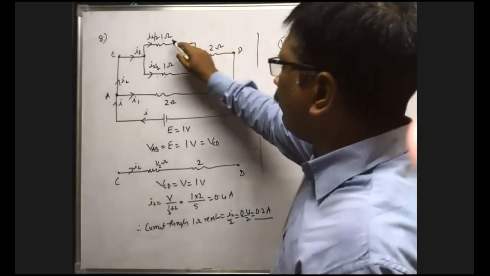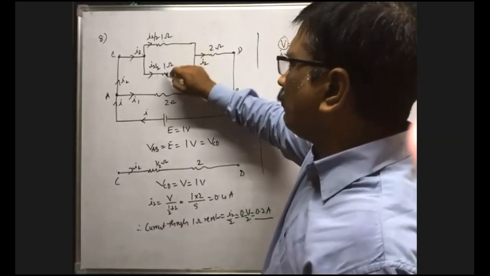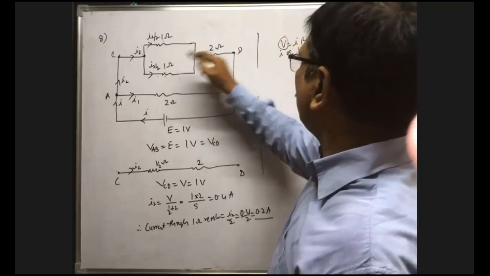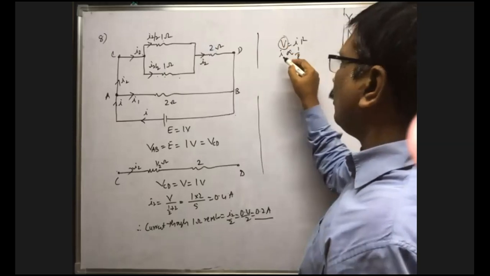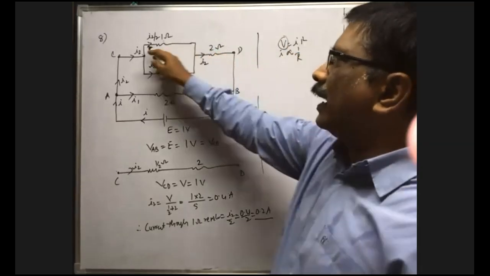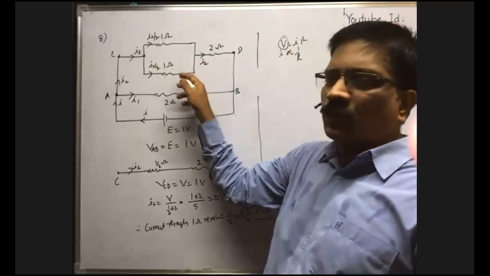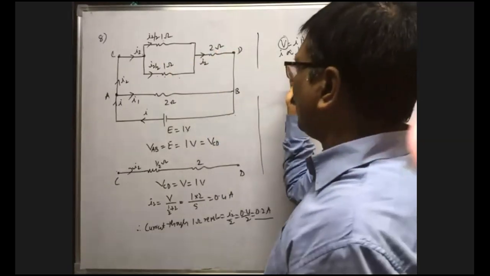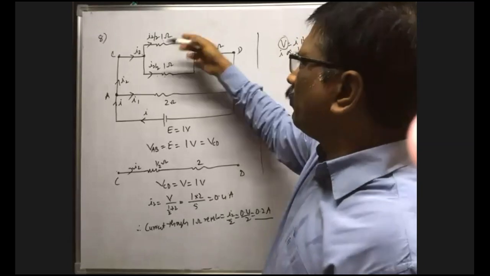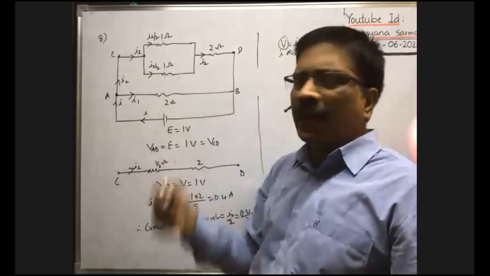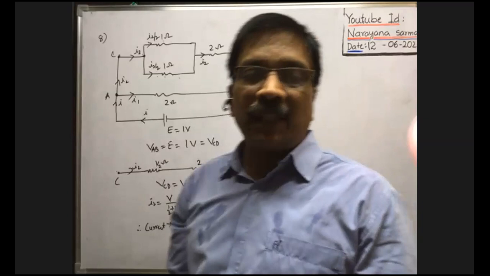That's why the current through each resistance is inversely proportional to its resistance, no? So I3 by I4 is equal to R4 by R3. So R4 by R3 means this by this. Then you will get the I3 to I4 ratio, the current passing through this one and the current passing through this one. The ratio between them you will get. If you know the ratio between the currents here, then I3 can be calculated, no? Similarly, I4 can be calculated, no? In this way, we can calculate if the resistances are different.